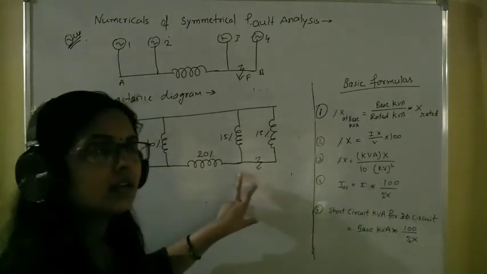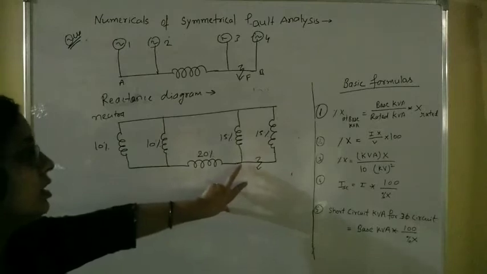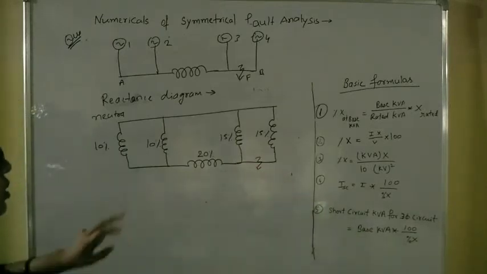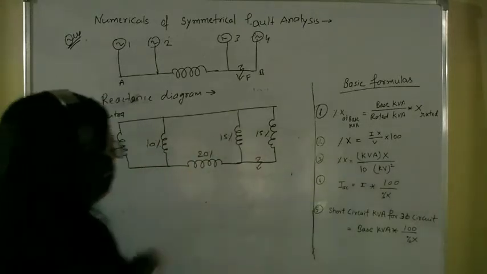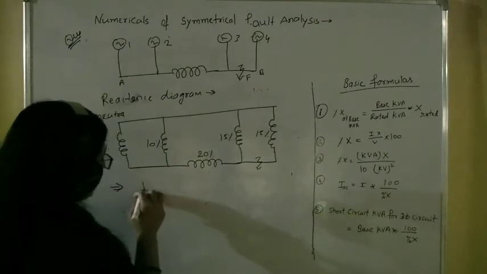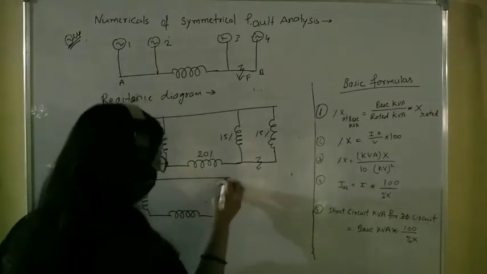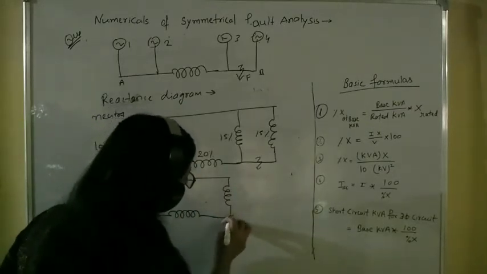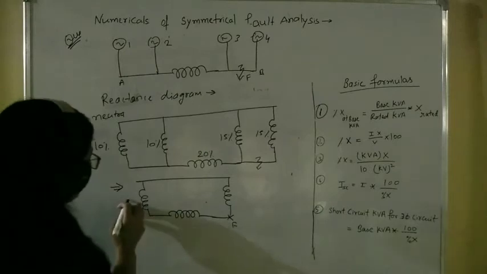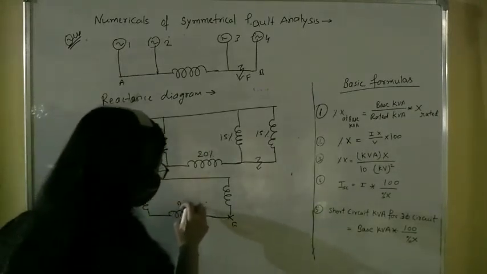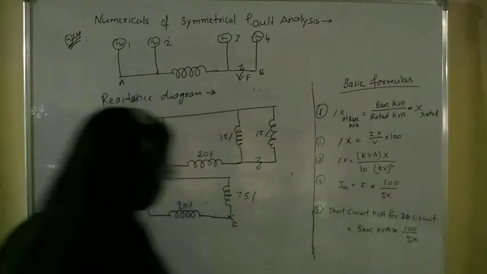So these lines are connected on the same bus bar. If a fault occurs here, till this point it will be affected. So we can assume these two reactance values are in parallel. These are also in parallel. So we can simplify this circuit as first reactor, then this series reactor, this is the neutral point. That means the fault is occurring at this point. So parallel of 10% and 10% will be 5%, it is 20%. Then parallel of 15% and 15% will be 7.5%.